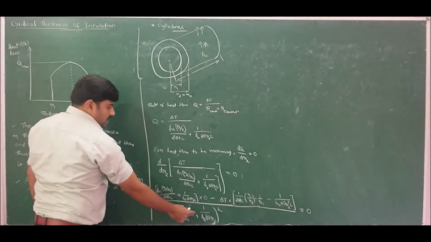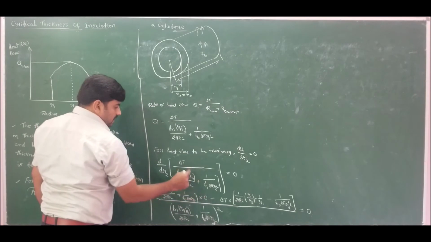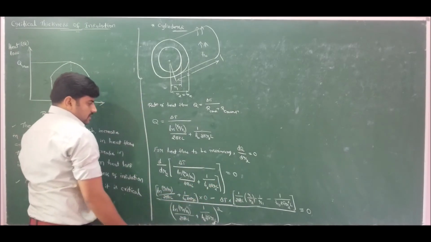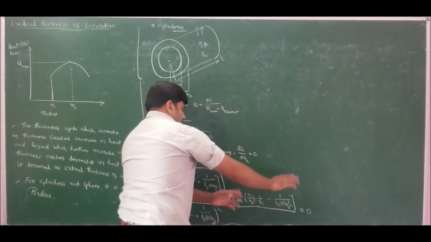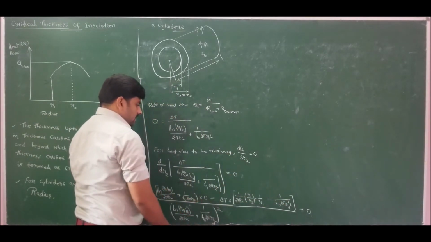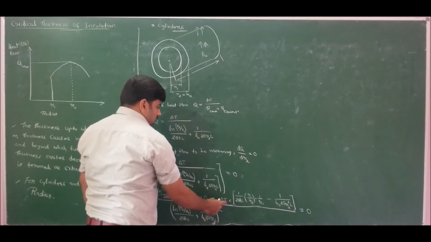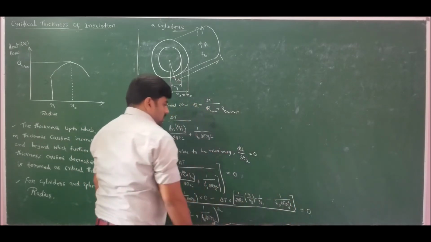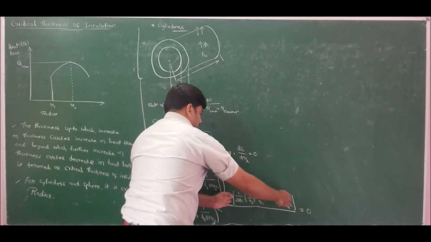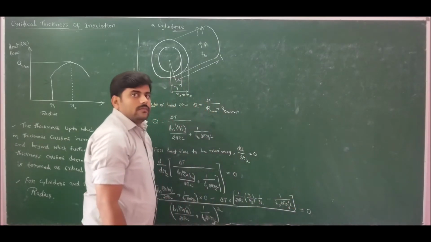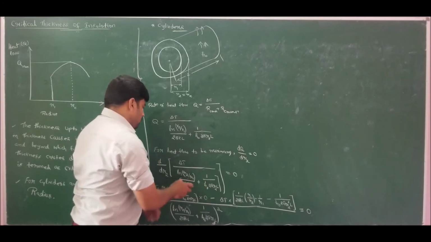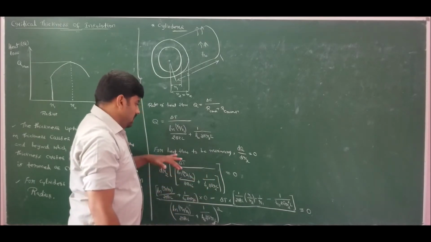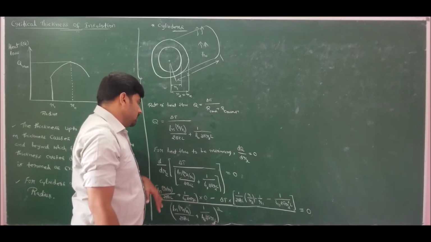That is, denominator square, denominator into differentiation of numerator is 0, minus numerator into differentiation of denominator. So I send the denominator to the RHS, it becomes 0, and 0 into anything is 0. I send the minus delta T to the RHS, and it also becomes 0. Hence only this term is equal to 0, which means that if I differentiate only the denominator term and equate it to 0, I will get the answer. Anyhow, I solved accordingly using the quotient rule of differentiation.